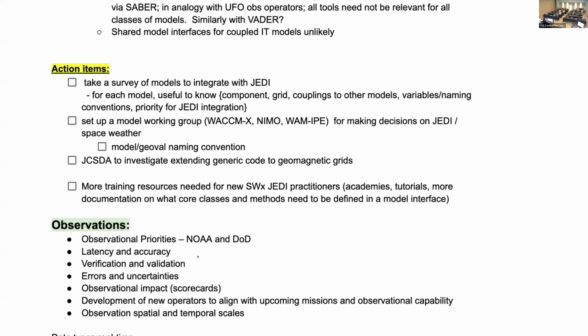And then more training resources needed for space weather JEDI practitioners, academies, tutorials, more documentation on core classes and methods. I know that we had a student at Texas A&M who came out and tried to get up to speed last summer, and had some issues with getting on that.